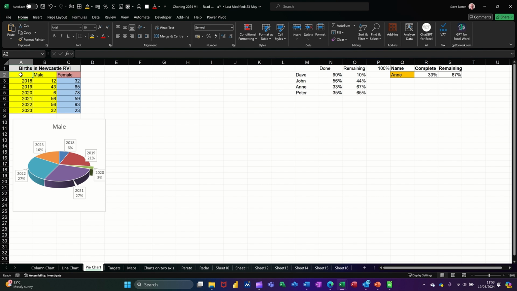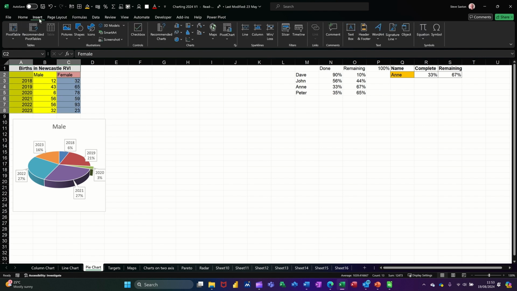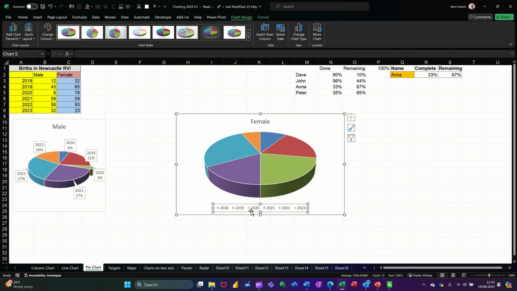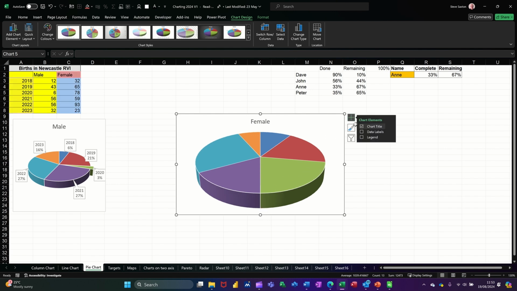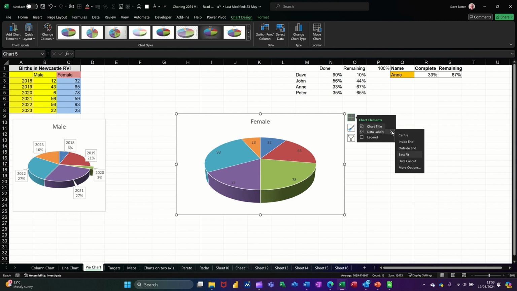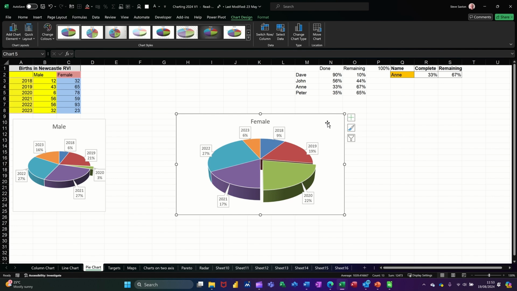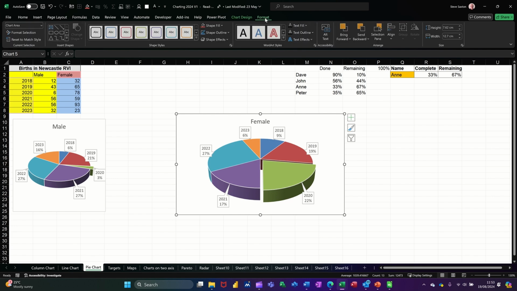You start in the blank yellow cell, and the reason you start there is so you pick up the labels. You highlight the dates, you hold your control key down, and you click on the word female and highlight the figures, and that's how you miss out a column. And then you just repeat the process, going for pie, 3D pie, getting rid of those labels, clicking on the little plus symbol, go for data labels, follow it across, pick data callout, click on the green segment, click it again so it's isolated, pull it out, click on the white, that's the chart area, go up to format, set the size 7 by 7,